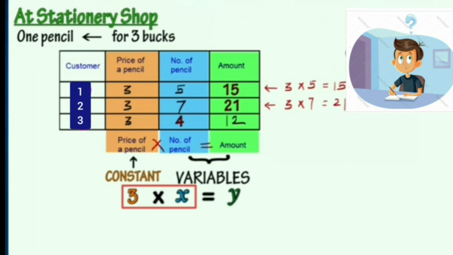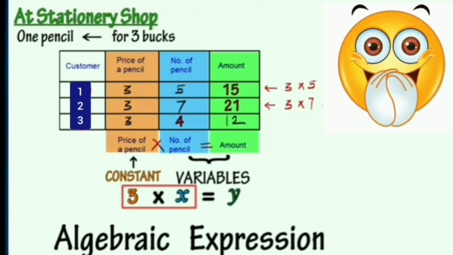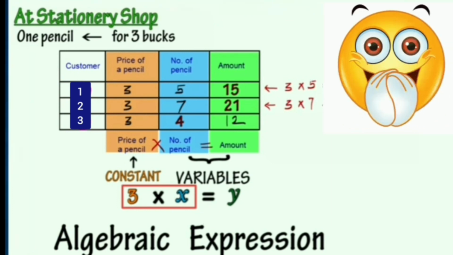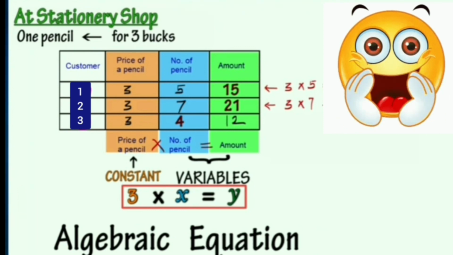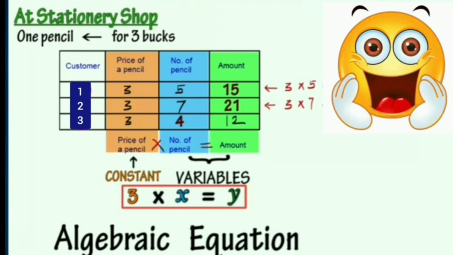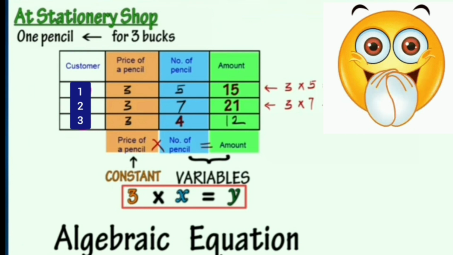So such an expression that involves variables and constants and is combined with the fundamental operations is called an algebraic expression. And also note that when such algebraic expressions are equated, that is we put an equal to sign, then the whole thing is called an equation. Students, I am sure you must have understood variables, algebraic expressions and algebraic equations through this example, right?